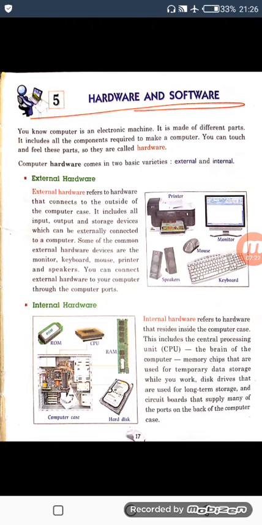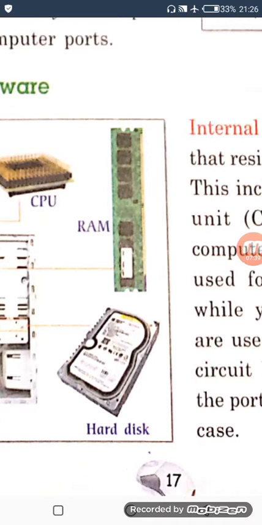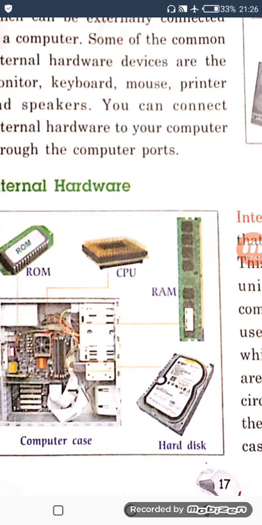You can connect external hardware to your computer through the computer ports. So I hope it is clear to you what external hardware is. Now come to our next topic, what is internal hardware.